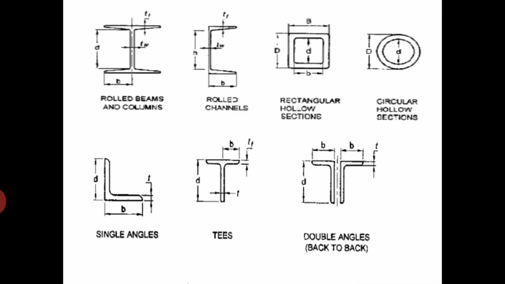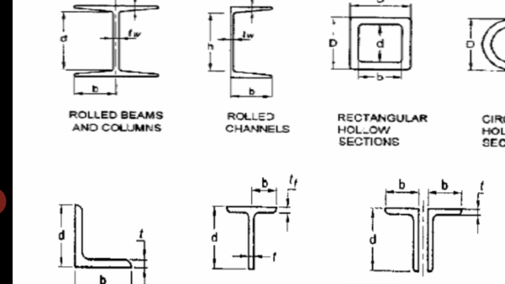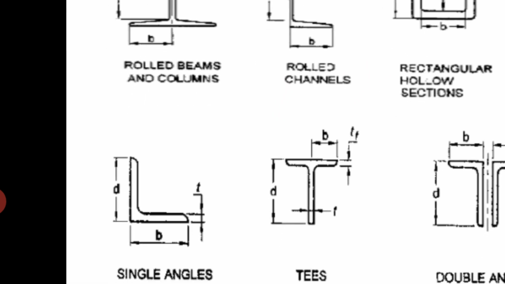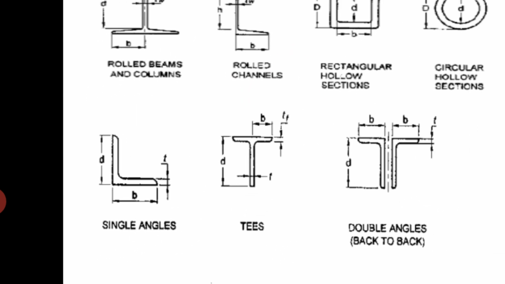So here some of the rolled sections are being given, and here various elements are being marked. So here you can see in this rolled section the depth of the section is marked here, and the width of the flange, half of the width of the flange has been taken, then the thickness of web, thickness of flange, even the channel section, height of the channel section, and the width of the flange of the channel section, thickness of web, thickness of flange, and rectangular hollow sections, even say single angle sections, T sections.